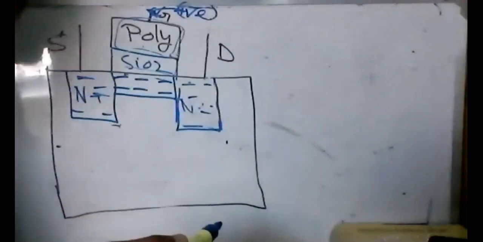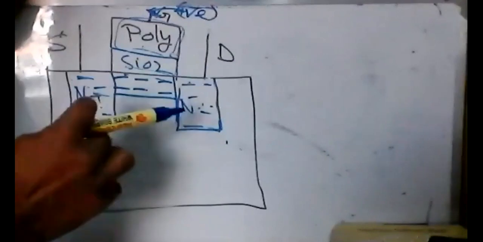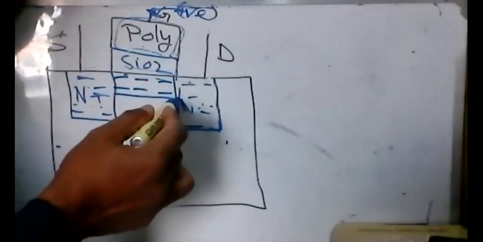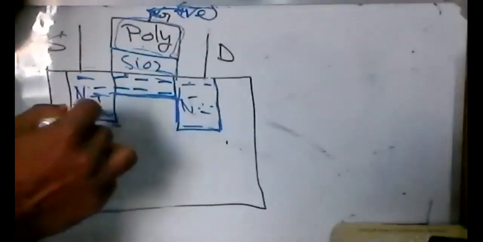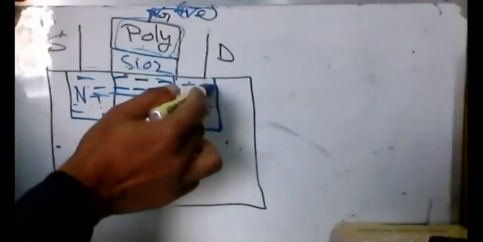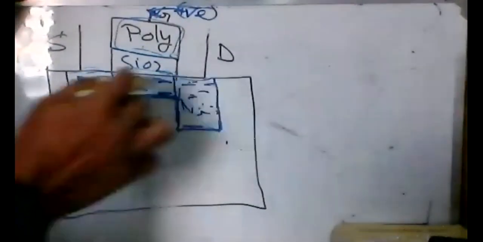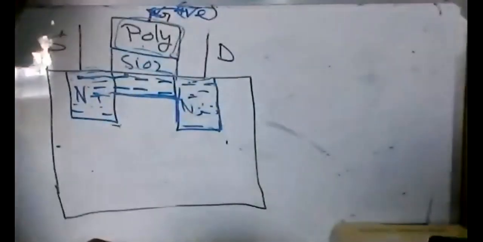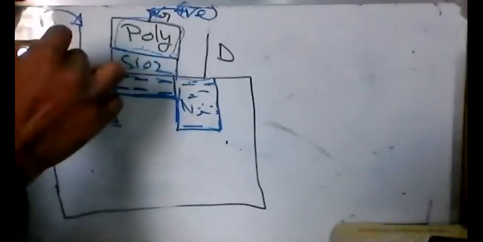We need to add extra electrons on one side. Right? In the last class I said, suppose this is a water tank, and it is connected by a pipe, but still the water will not flow because both sides are equal. Both sides are equally full of water, so water will not flow from one side to the other. But if we add some extra water on one side,